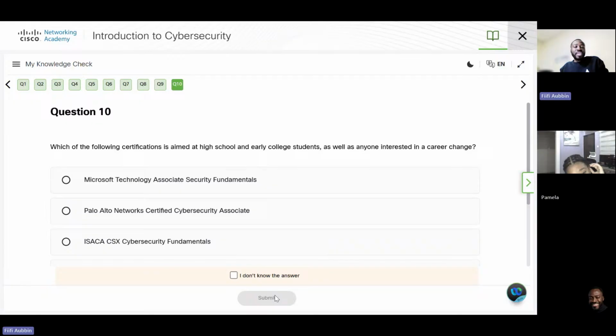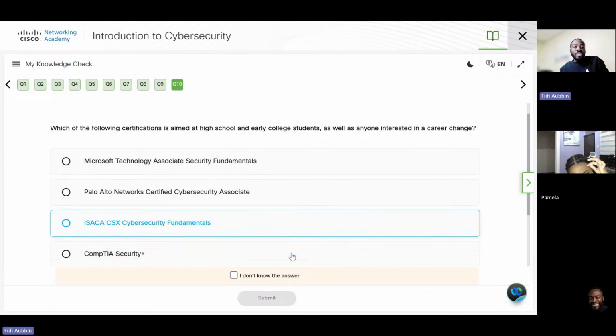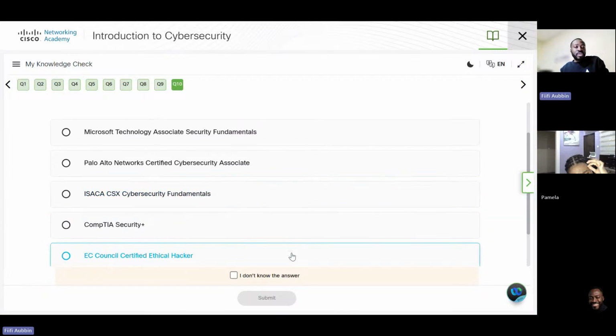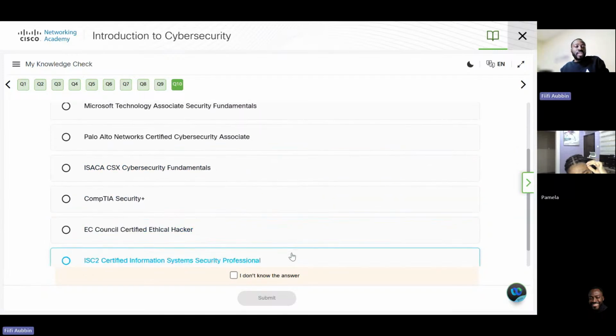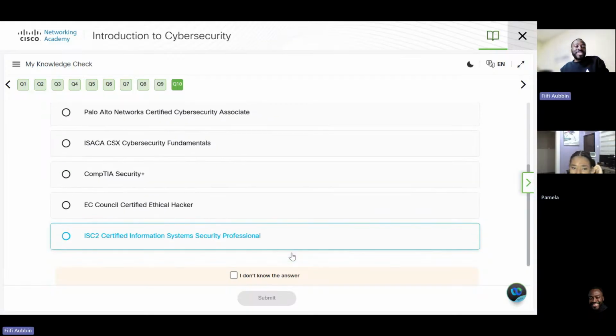Which of the following certifications is aimed at high school and early college students, as well as anyone interested in a career change? Is it the Microsoft Technology Associate Security Fundamentals, Palo Alto Network Certified Cybersecurity Associate, ISACA CSX Cybersecurity Fundamentals, CompTIA Security Plus, EC Council Certified Ethical Hacker, or ISC2 Certified Information System Security Professional?